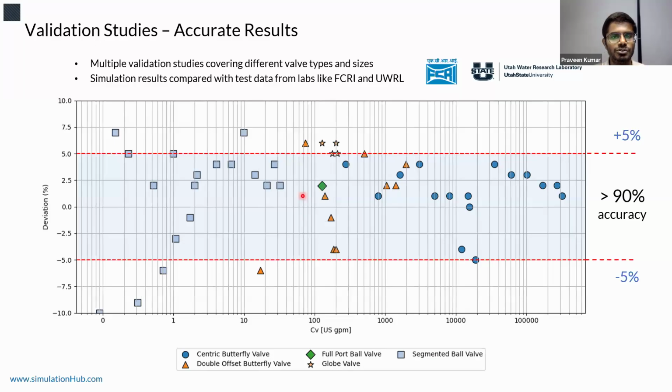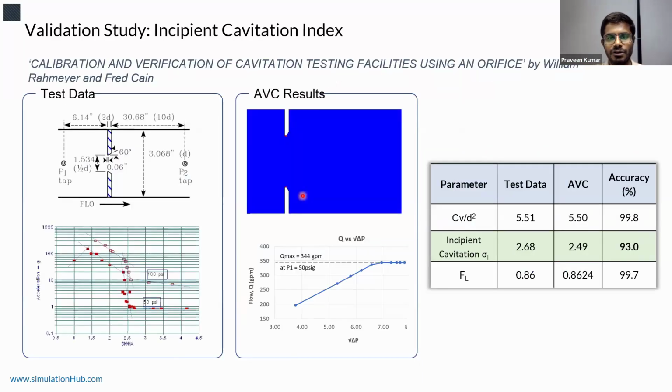What we have observed is that our CFD results consistently fall within plus or minus 5% deviation. To simply put it, it's like 90% accurate, but actually it's plus or minus 5% deviation. And particularly for the incipient cavitation index, we have done an exclusive validation study